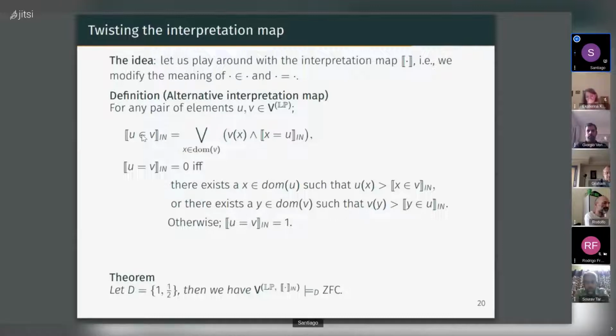You can construct a model of LP using this interpretation map, which I put here with the subscript IN to differentiate it from the other interpretation map. Then you can really show that for a model based on this, if you take the positive filter, so the filter {1, 1/2}, then the Zermelo-Fraenkel axioms plus choice are true in this model,